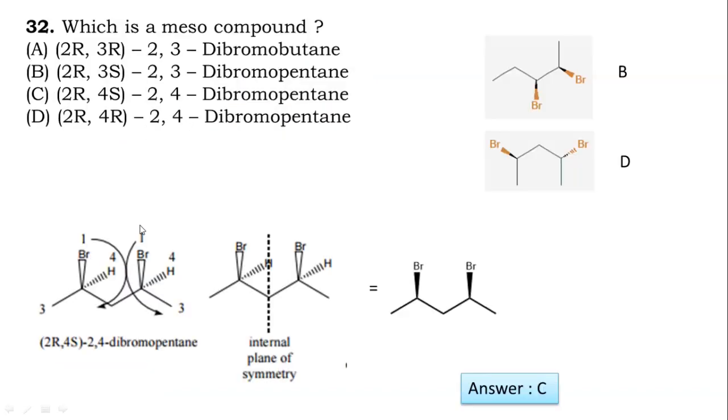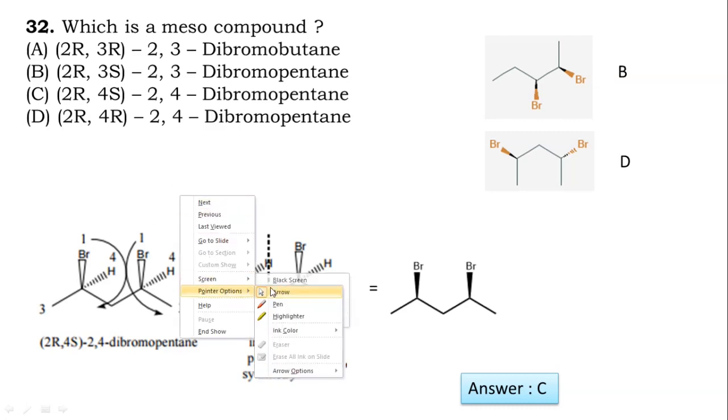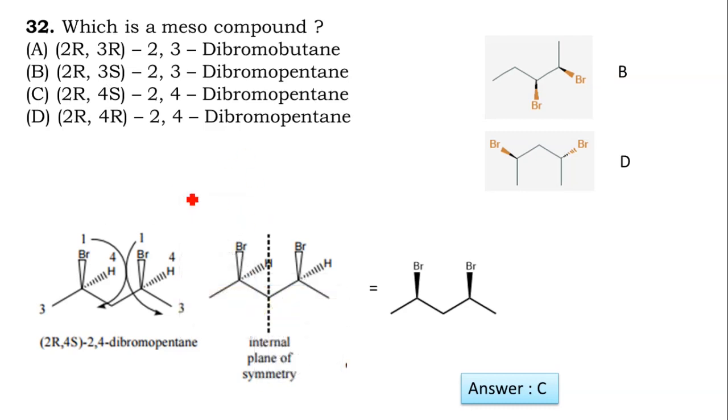question. Which is a meso compound? Which among the following is a meso compound? 2R,3R 2,3-dibromobutane; 2R,3S 2,3-dibromopentane; 2R,4S 2,4-dibromopentane; 2R,4R 2,4-dibromopentane. Here the answer is C. Listen, 2R,4S dibromopentane,